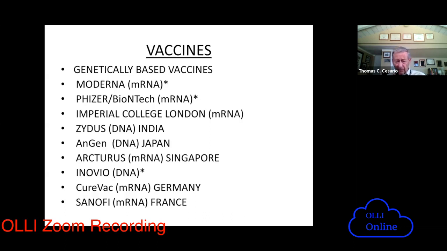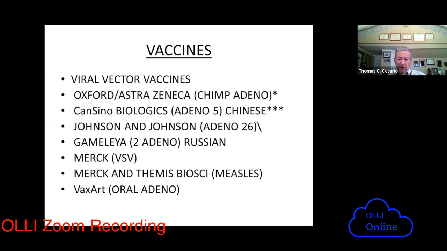Next slide. The other kind of vaccines is viral vector vaccines. You take a live virus and you change it genetically so that it codes for one of these COVID virus proteins. So you give it to people to fool the body into thinking that it's being infected with COVID or with the SARS coronavirus, when it's actually being infected by something that's not going to make it sick. Typically these are adenovirus vaccines, which are a normal respiratory virus that we all are exposed to, and in many cases never get sick with it.